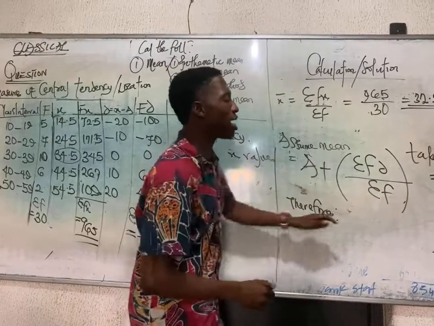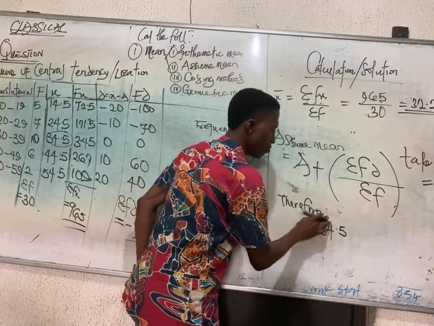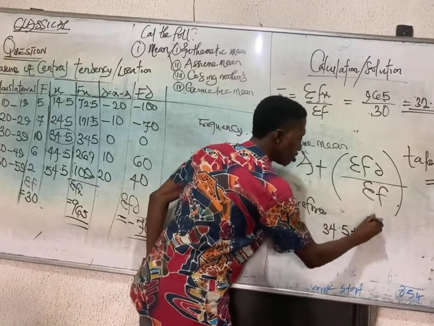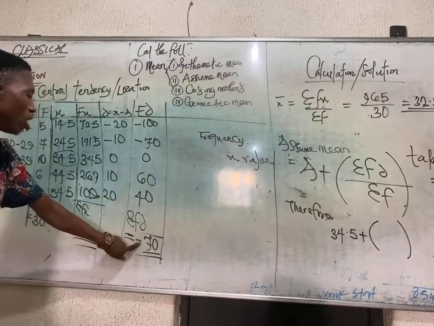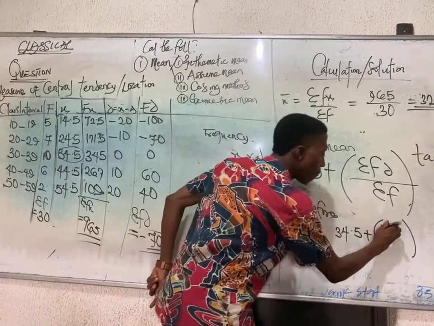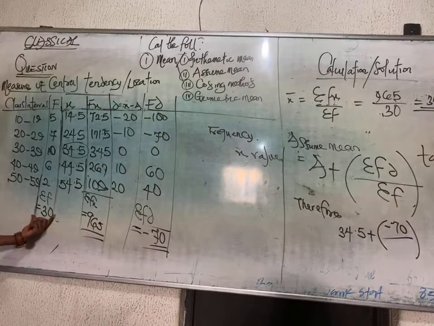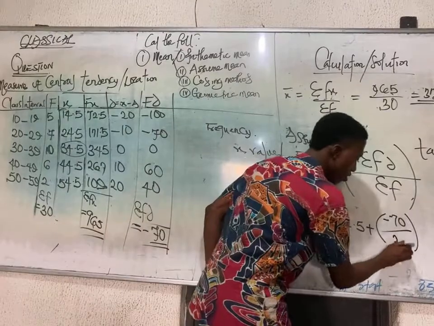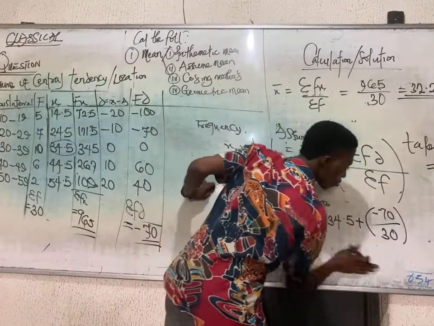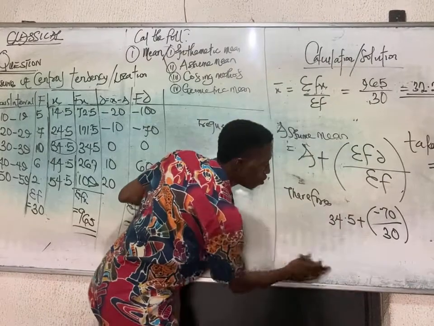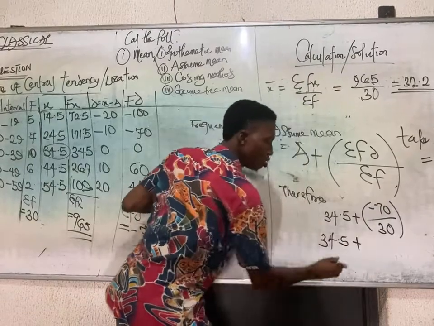So therefore, what's my a? a is 34.5 plus, into brackets, summation fd. Summation fd is minus 70. Summation f is minus 30. So we can solve. So therefore 34.5 plus, into bracket